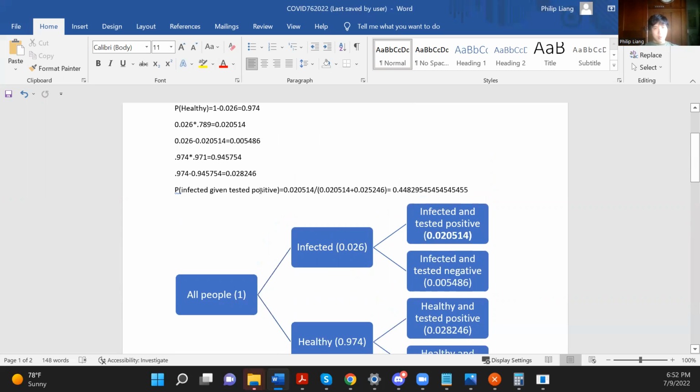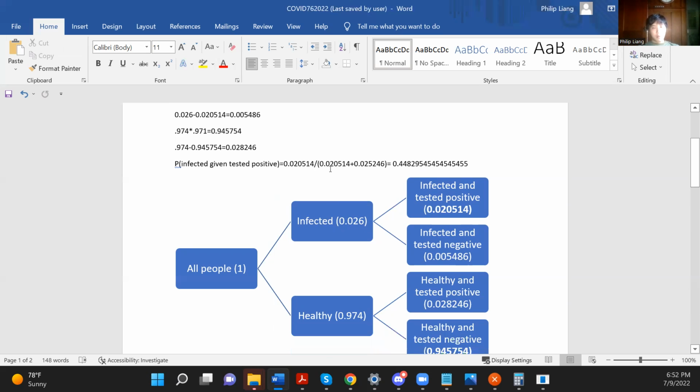So the probability of being infected, given that you tested positive, will be the probability of the outcome of being both infected and positive, 0.020514, divided by the total probability of testing positive, which is the probability of being infected and testing positive and